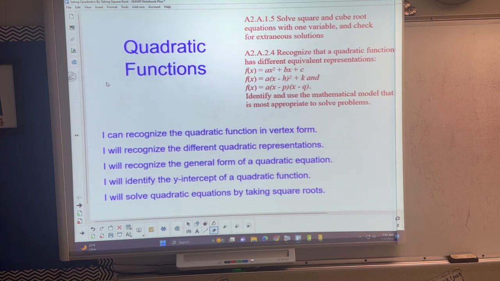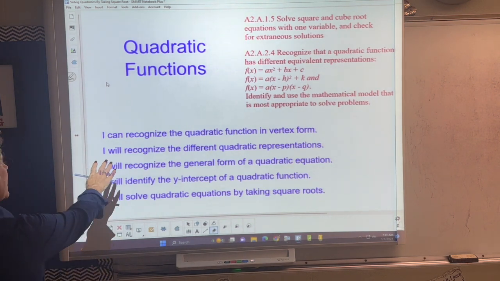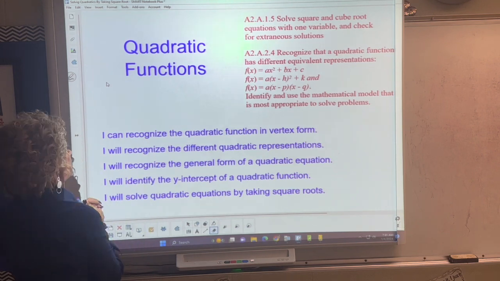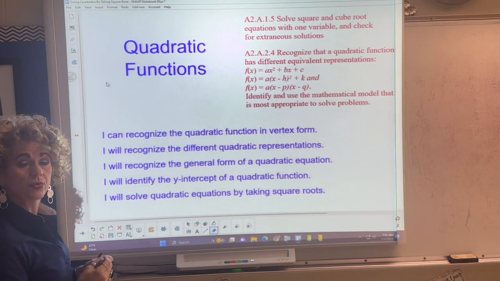Talk about quadratic functions today. Now, we've hit on it just a little bit, but I'm going to go through it as if this were the first time. Now, we do have an I can statement